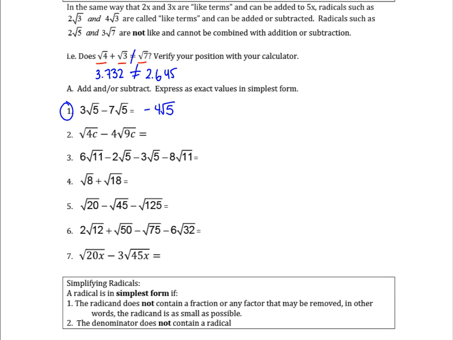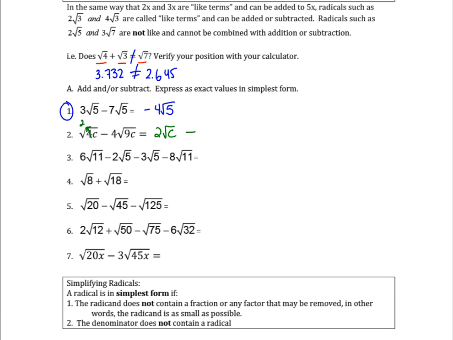Okay, this guy we need to simplify first, because are the radicands the same? Not yet. How can we simplify the first one? We can take the square root of which one? The 4. So the square root of 4, what's the square root of 4? 2. So it's going to become a 2 root c minus